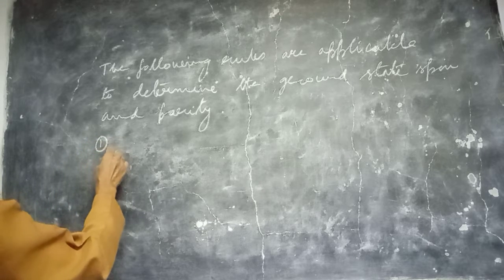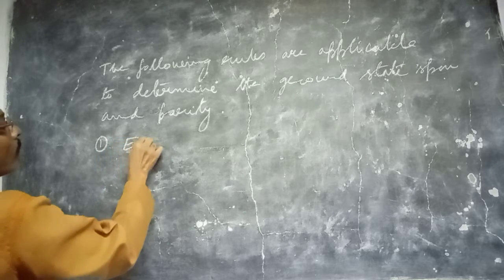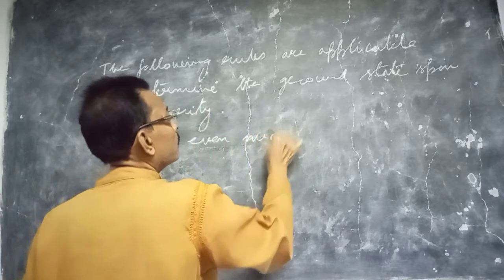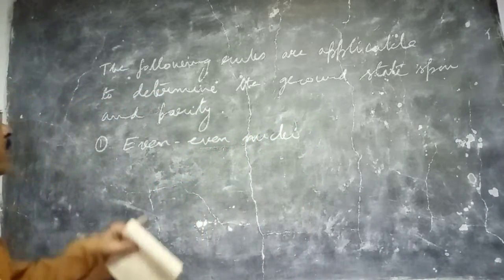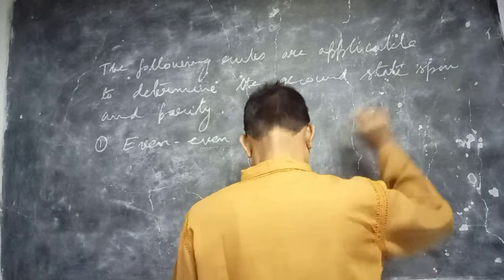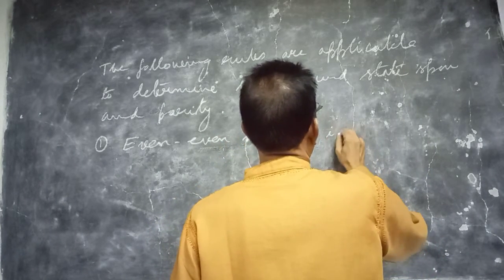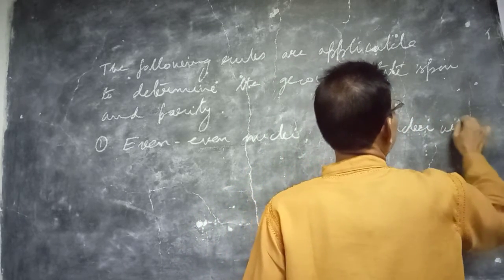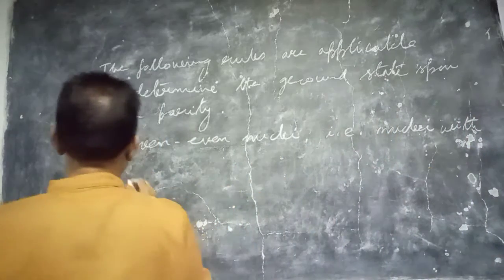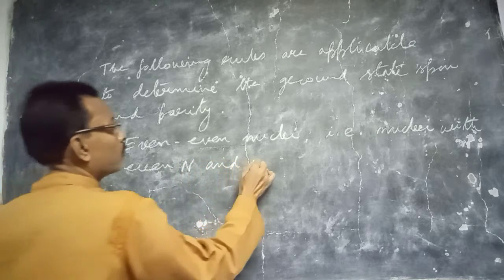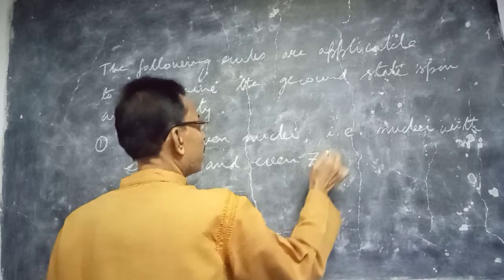The first one, the even nuclei. That is, nuclei for which Z and N are even. For even nuclei, that is, nuclei with even N and even Z,